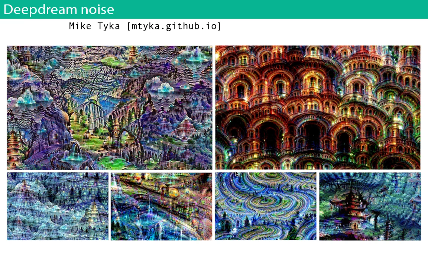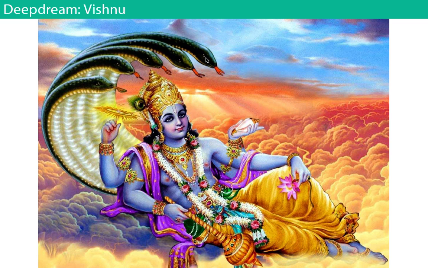Mike Tyka was one of the researchers, and we recently had him here. I'll discuss that in just a bit. But he did these really awesome experiments where he would feed in just raw noise, and the network's going to find something. If you feed it random pixels, and it's trained to recognize object classes of 1,000 types, something's going to be the highest, right? And so if you do that, it will just begin to produce pure machine hallucination. He made lots of really amazing pictures that look kind of like this. You should definitely check out his blog if you're interested in seeing more of this stuff, and he describes a little bit how he made it.